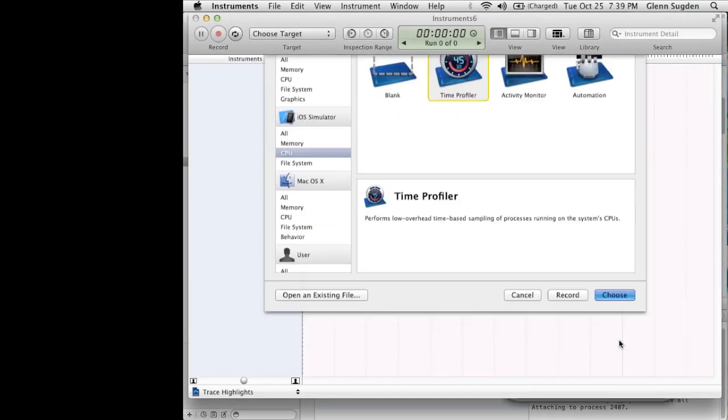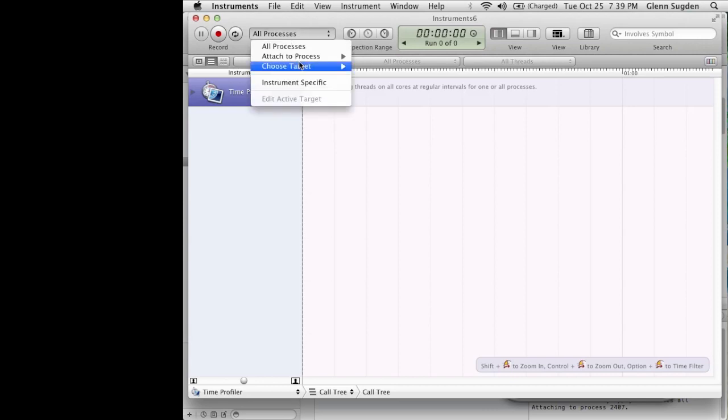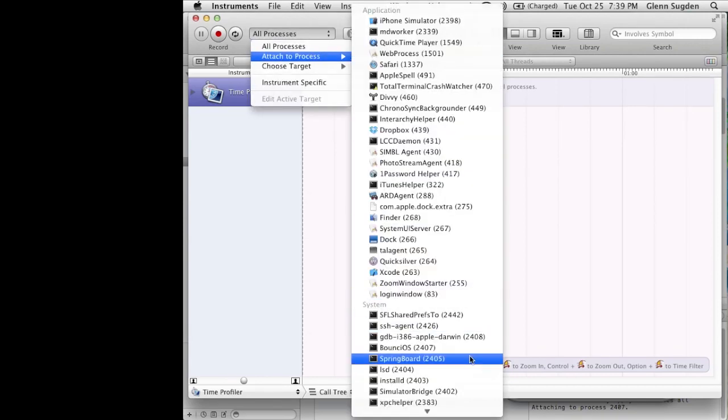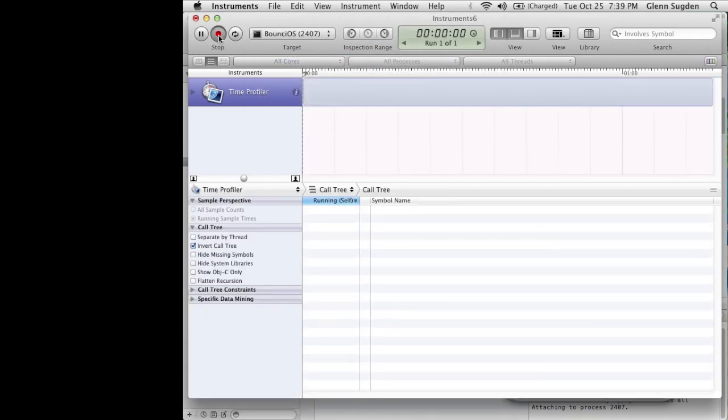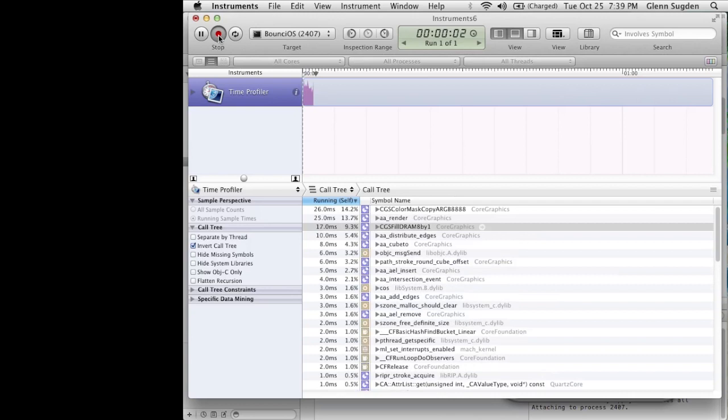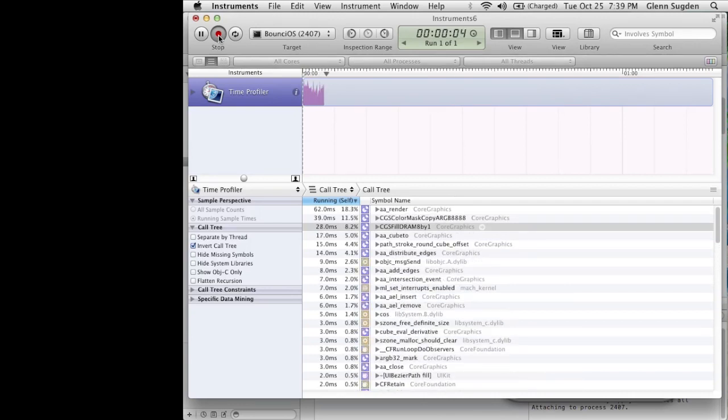Time profile. Use Bouncy iOS. Start recording it. So here